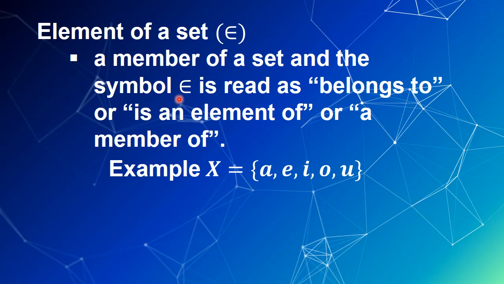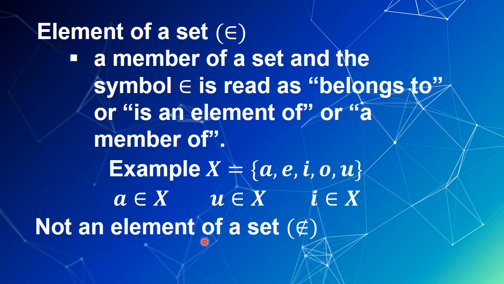Let's say for instance, we have example set X. We have the elements for set X which are A, E, I, O, U. So these items or these letters found inside these braces, these are what we call the elements. So we can say A is an element of set X, U is an element of set X, I is an element of set X, and